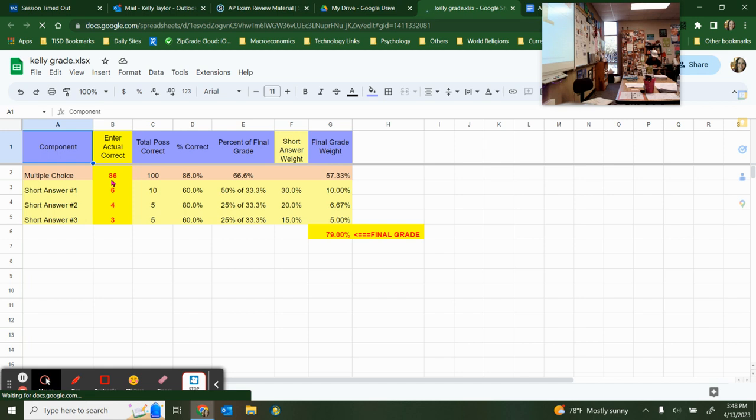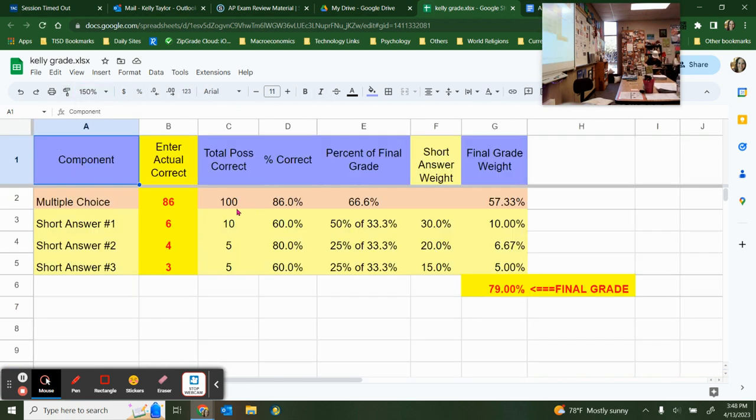The key is on the front. It says inflation. I thought that